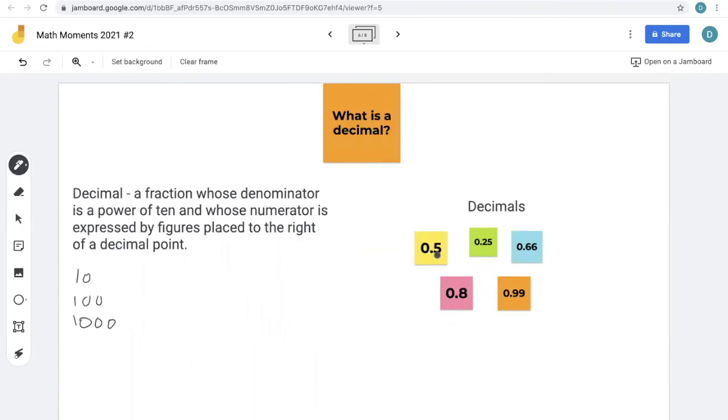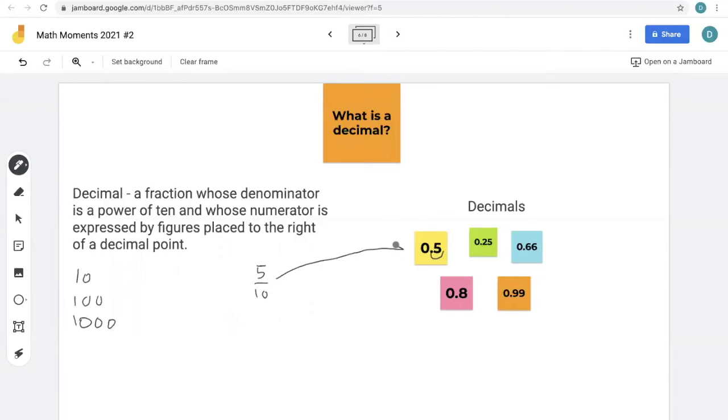We have 0.5. So that tells us that 5 is the numerator. That is a really bad 5. 1 second. 5 is the numerator. And now what to choose as the denominator? Well, basically, we look at the number of decimal places, and that's going to tell us how many zeros there are. And what I mean by a decimal place is, you see this decimal point? Well, go to the right, and that's how many spaces we have. So this shows us 1 space. 1 space, 1 zero. So 5/10,